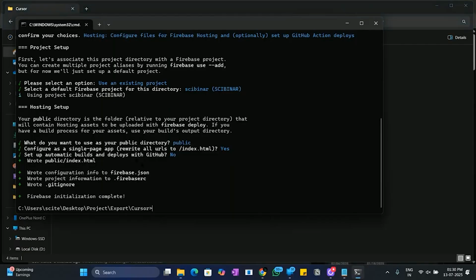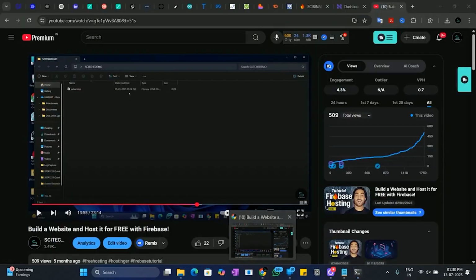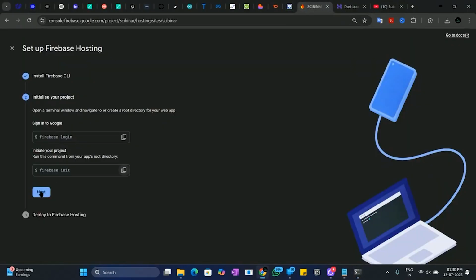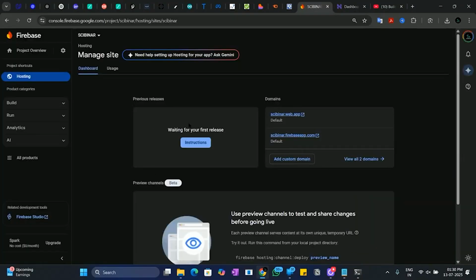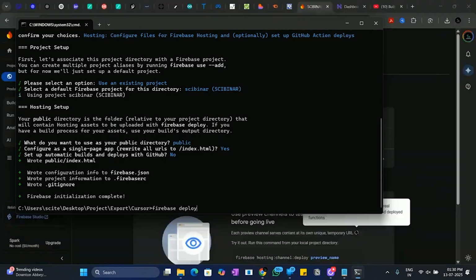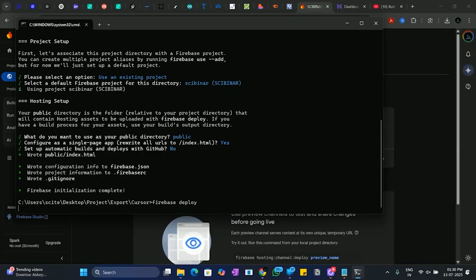अब चलिए वापस कमांड प्रॉम्प्ट में चलते हैं एंड यहाँ पे हम रन करते हैं अगला कमांड जो कि फायरबेस डिप्लॉय है। मेक श्योर इस कमांड को रन करने से पहले आप सारी फाइल्स पेस्ट कर चुके हो, और आप अगर यहाँ पर नेक्स्ट करेंगे तो ये सेम कमांड आपके यहाँ पे भी दिख जाएगा। और यहाँ पे अगर आप आते हैं तो भी आप देखते हैं यहाँ पे हमें कोई भी वेबसाइट का डिप्लॉयमेंट या रिलीज नहीं दिखा रहा, बट जैसे ही मैं एंटर करता हूँ हमारी वेबसाइट डिप्लॉय होती है, वहाँ पे भी हमें रिलीज दिखने लगेगा।